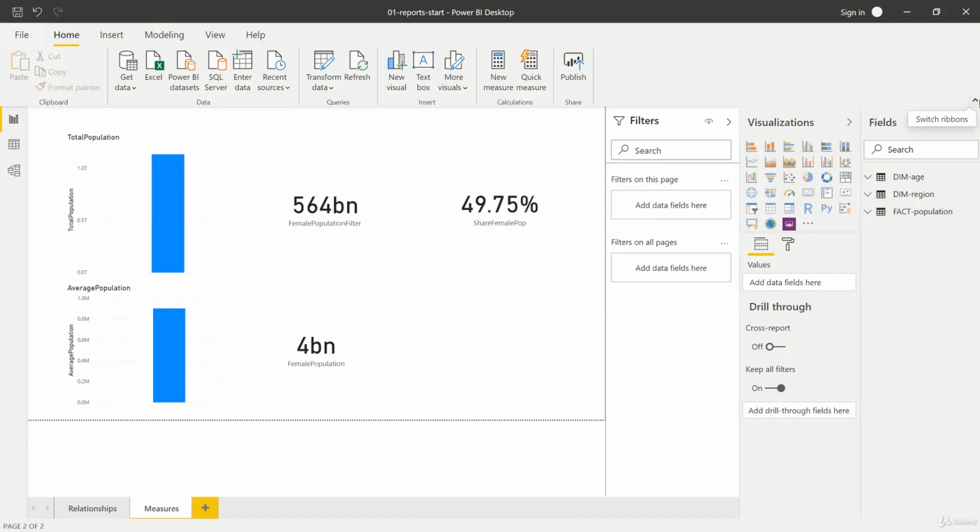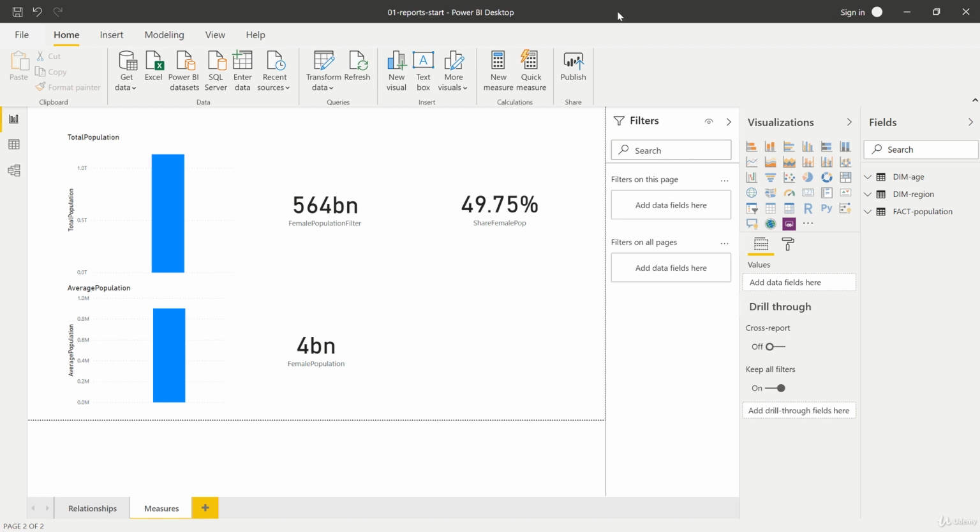I'm back in our project in the report view. As always, you can find the project attached to this lecture. In this lecture, I want to dive a bit into the basic concept behind the report view, how it works and which options you have. We had a look at the interface already in the second module of this course. Therefore, I'll focus on the core functionalities here and less on the actual interface.